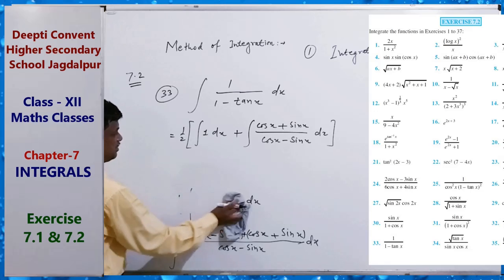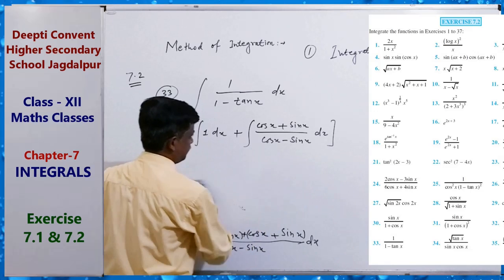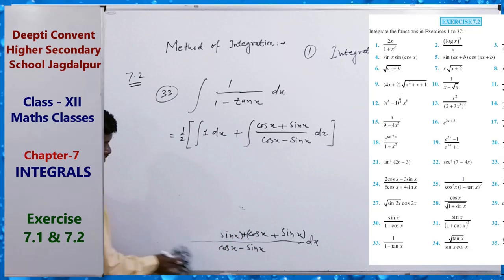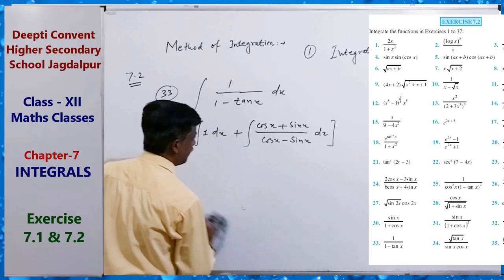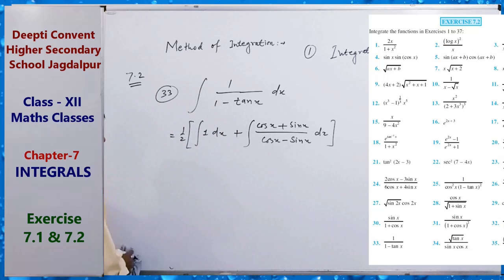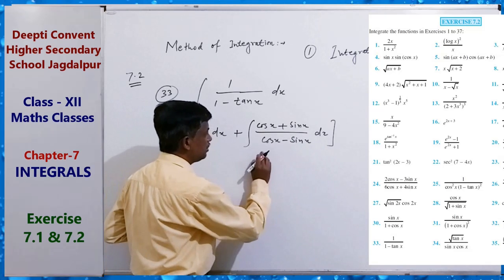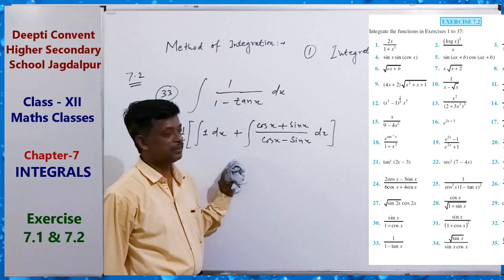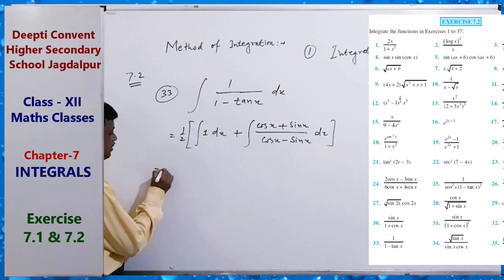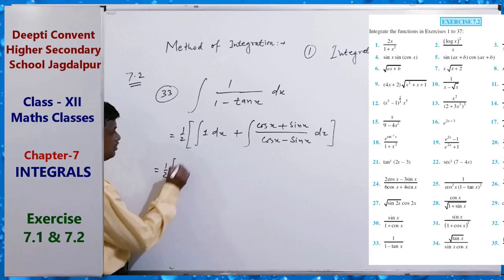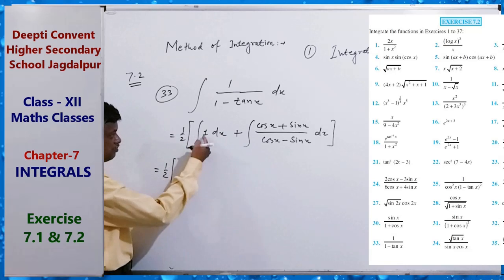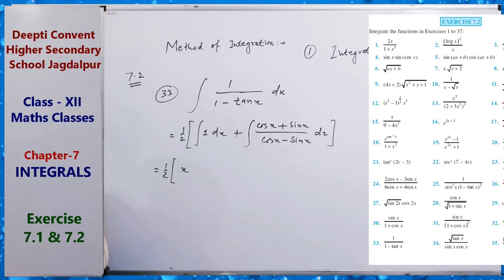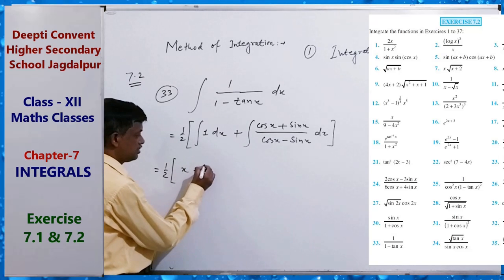Now we can solve this integral. How? If this is equal to t, then we can get cos x plus sin x dx equal to dt. Solve it. Half integration of 1 dx means x to the power 0 plus 1 by 0 plus 1, x, plus,